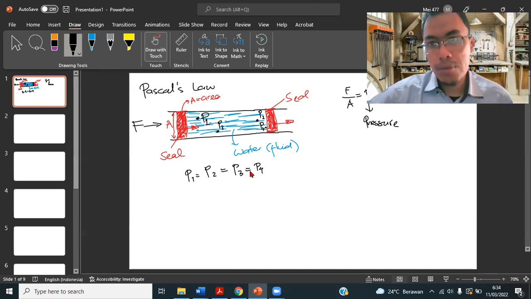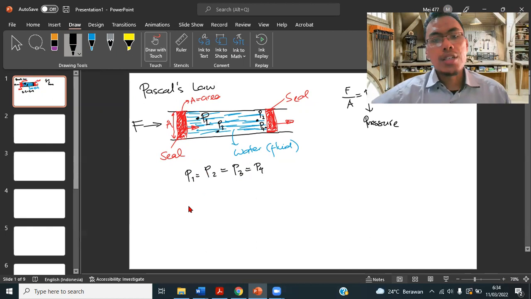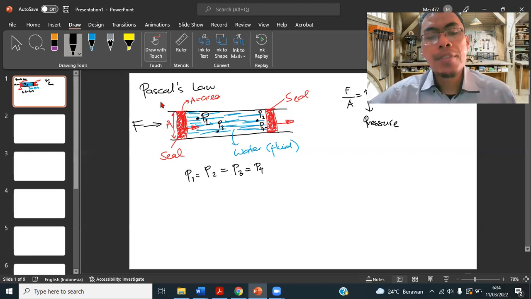Okay, so we can make a conclusion that if we want to know the pressure that happens in this point, it will be similar with the pressure that happens in this point. Jadi ketika kita memberikan gaya di sini kemudian di sini ada